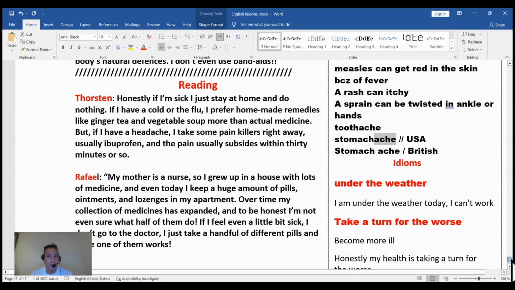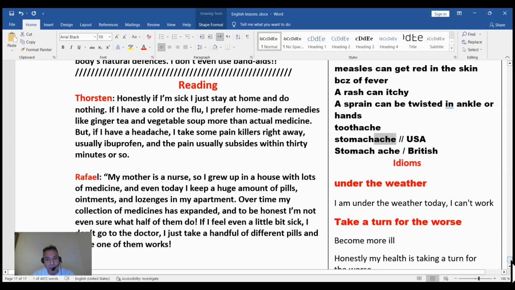Okay. Under the weather, correct. But when you are going to speak like an American, you can say under the weather. Cool. Under the weather, we are going to use it later.